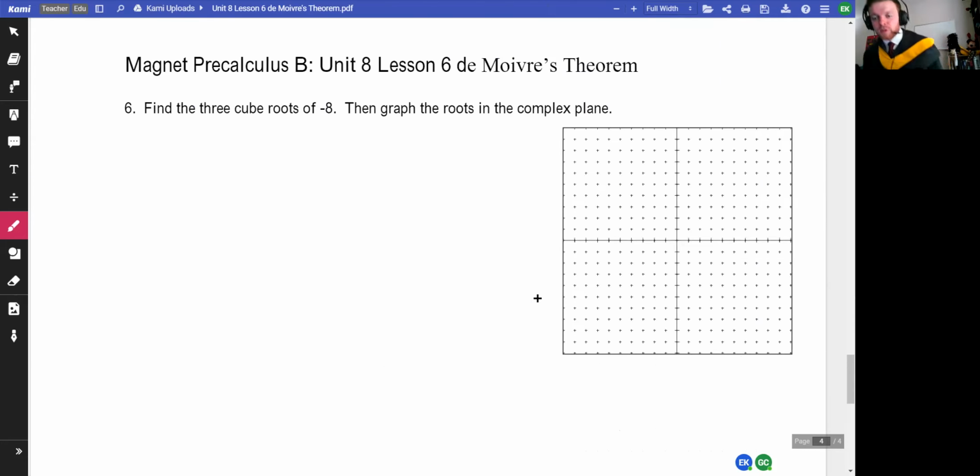All right. There's one more really cool thing I want you to experience about the roots. And I'm going to give them that name, roots of something, after this problem. Let's do this process one more time. And I think we're getting better at it. We're going to be able to do it a little bit faster. Find the 3 cube roots of -8. So z cubed equals -8.